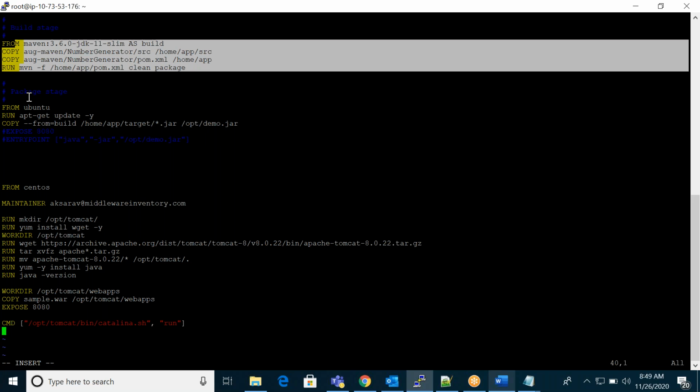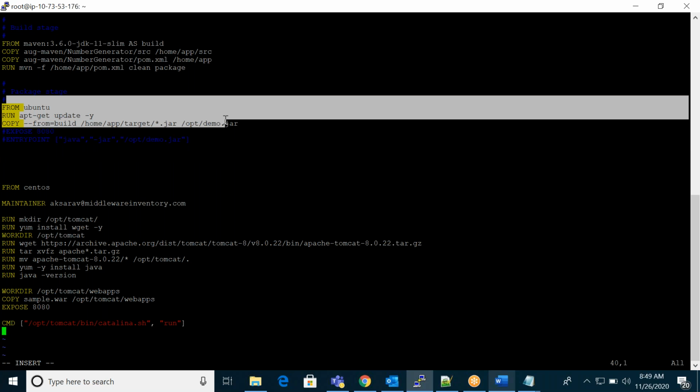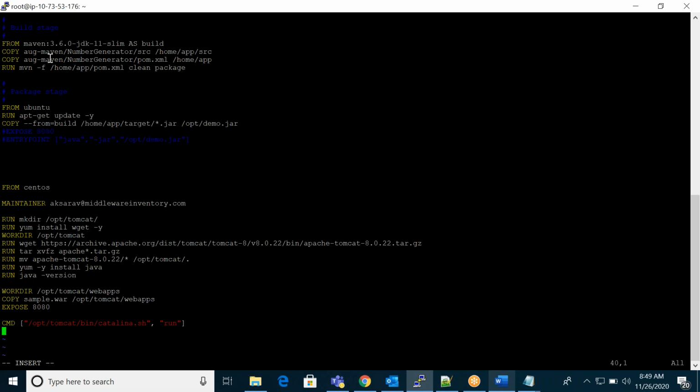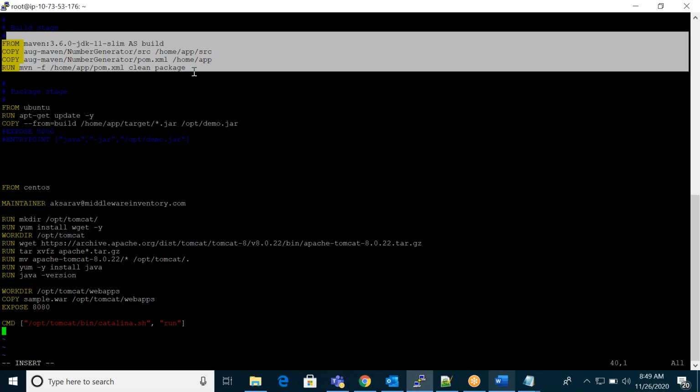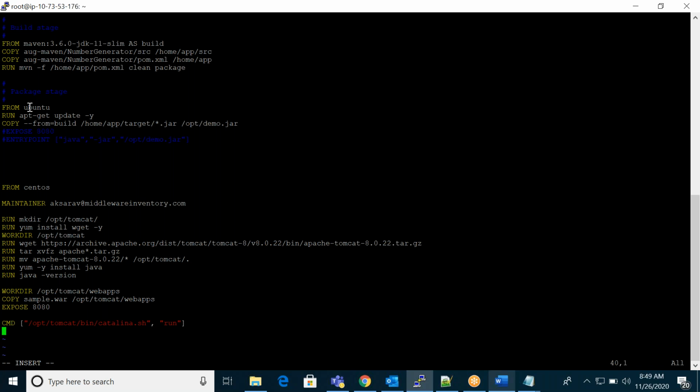So you see here. Here I have created one jar file. That jar file I am copying to another image. You can see, you are taking Ubuntu, whatever that jar file in build stage. This is the build stage. As a build, you can see as a build.